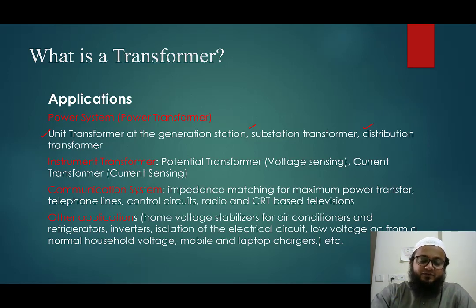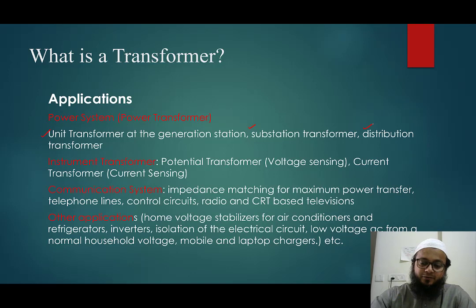Then we have other transformers which are used in the power system domain as well. They are the potential transformers. They are just measuring transformers, used to measure or sense the voltage, as it is needed to continuously monitor the voltage in the power system at different localities. Let's say the voltage is 765 kV, and I need to monitor that voltage. Obviously, with a normal voltmeter or multimeter, we cannot measure that. So we have these potential transformers, which are used just for the purpose of measuring.